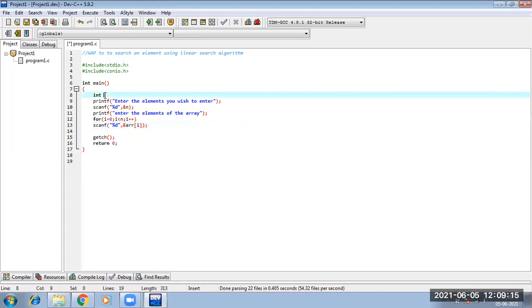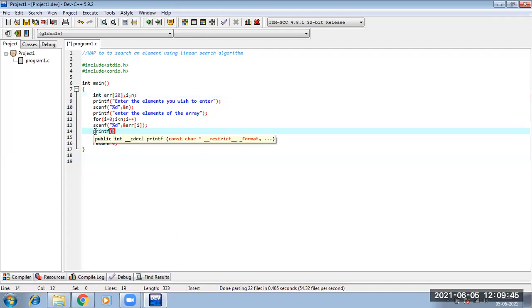And I need to first declare my array, then I need to declare the variable which I am handling. Fine. Okay. So up to this we have done. Okay, I need to declare n also. I haven't declared n. Fine. So all these things we have done. After that, we need to enter the element which we are searching.